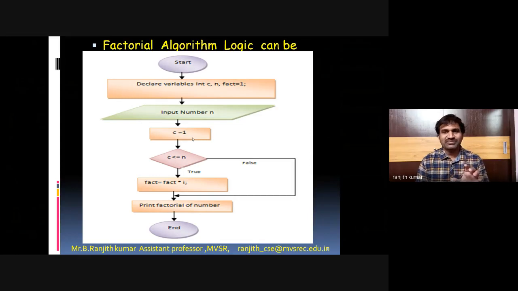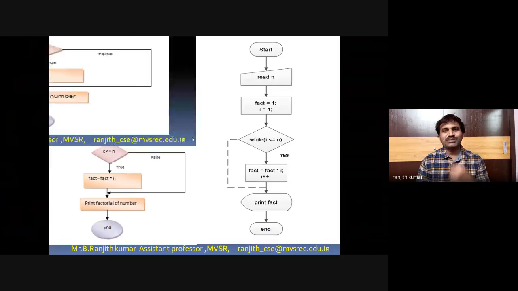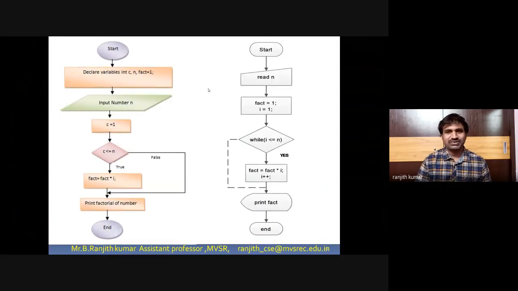So this algorithm will follow a general language, close to the C programming approach. We start the program, we read n using scanf, we initialize the variables, we write a loop, we multiply n to 1 or 1 to n, and we print the output. Now let us write a program in C language.